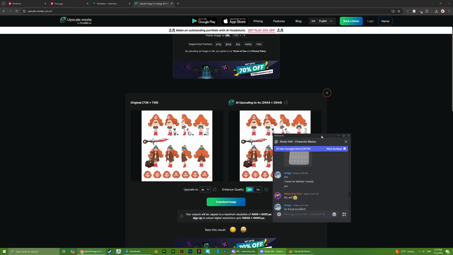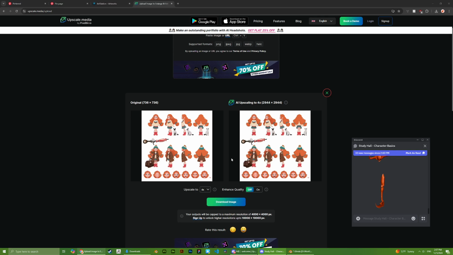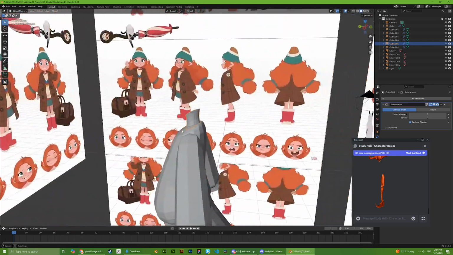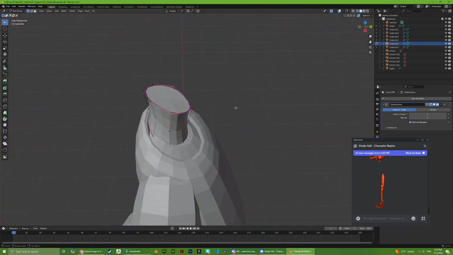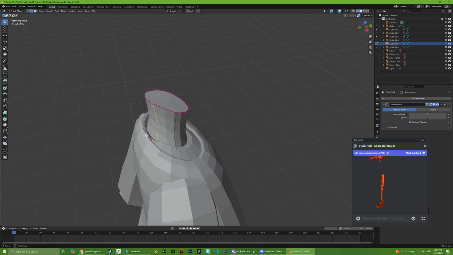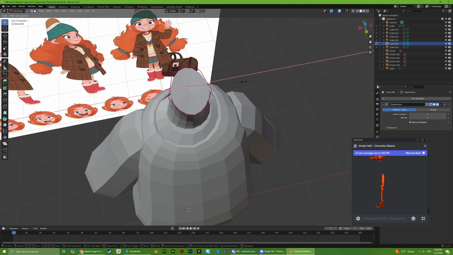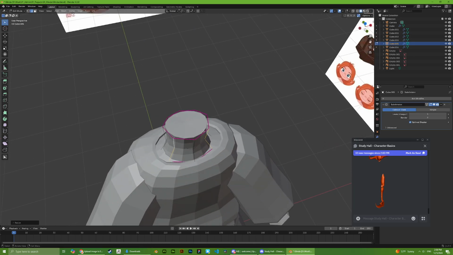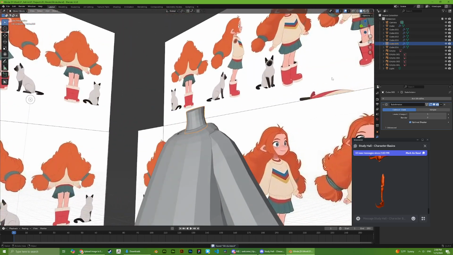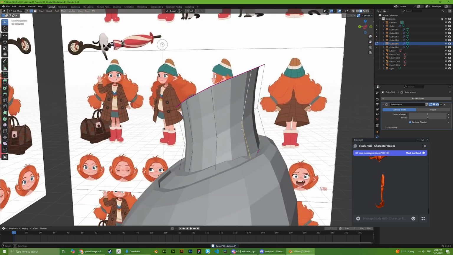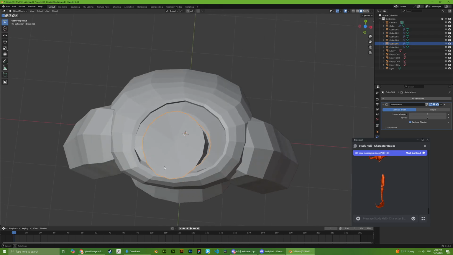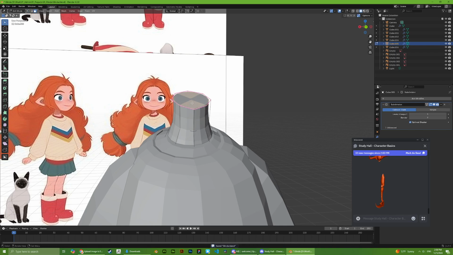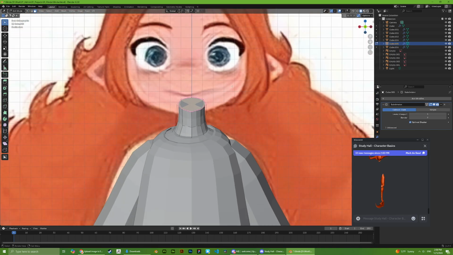Okay, let me scale this down. There you go. This part is too pointy. Have to make this a bit rounder. Yeah, that makes a bit more sense. There you go. Cool. Okay. So now I can continue on with the head,